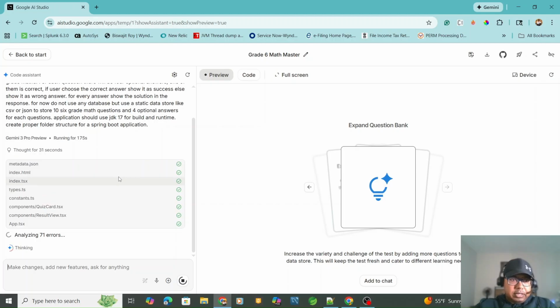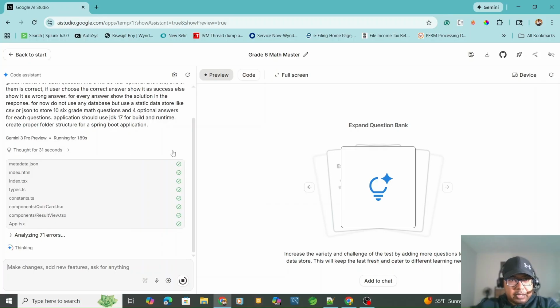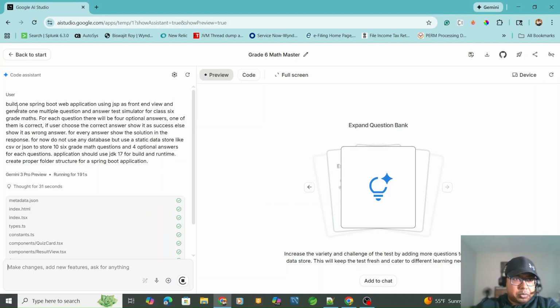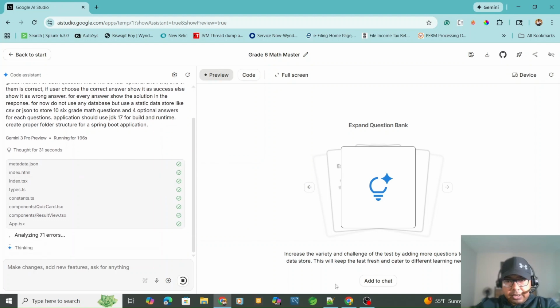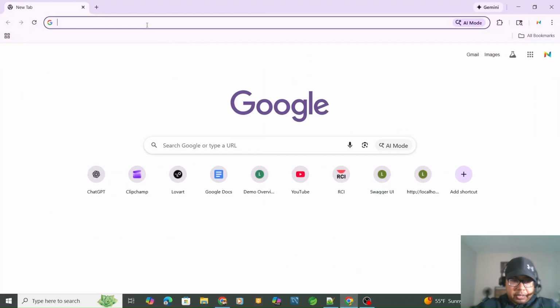Till now it's still analyzing. It's still analyzing 71 errors. Wow. Let it do this. Meanwhile, what I can do, I can open another instance of, okay, it has fixes, it's fixing it. So I'll open another